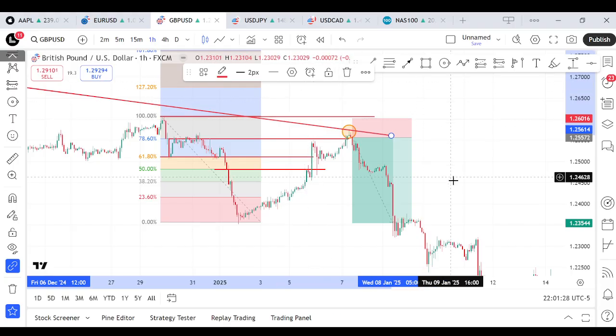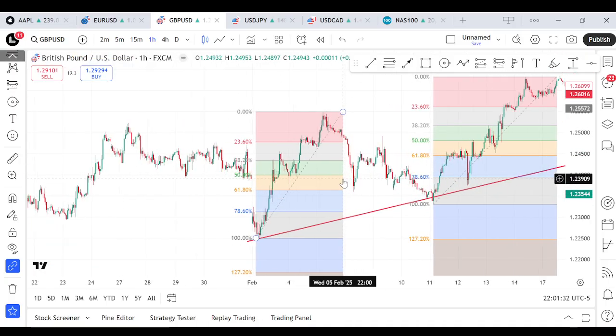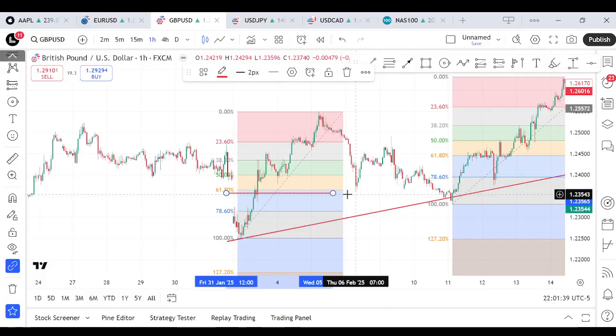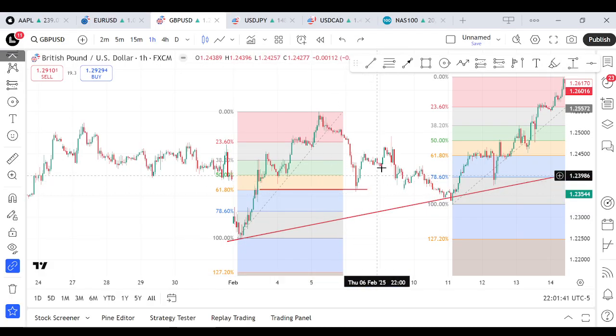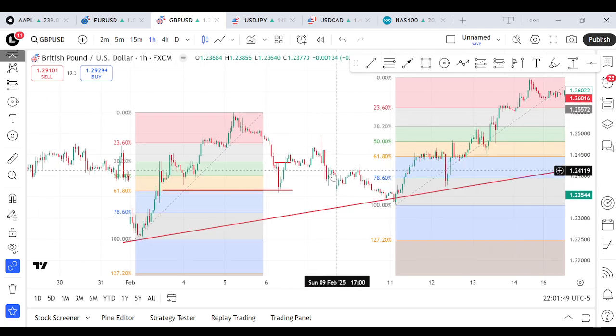It's very simple. I'm sure by now you understand the assignment. Let's look at the bullish examples. It's the same thing. You should expect price to react from the 61.8%, and the next thing is to look at price action. We have price giving us this market structure shift, and we also have